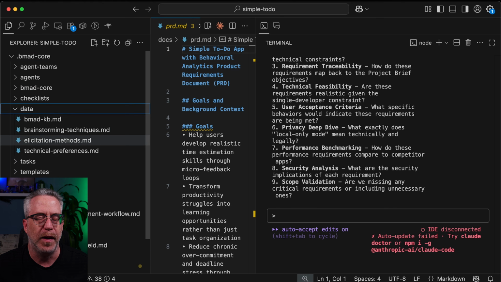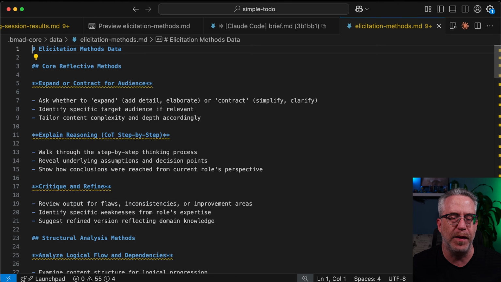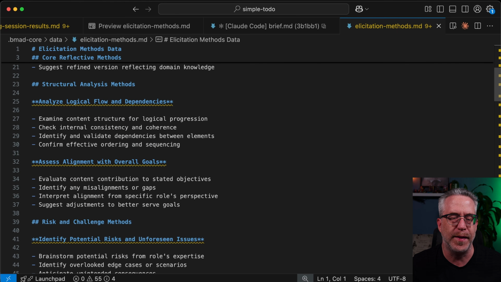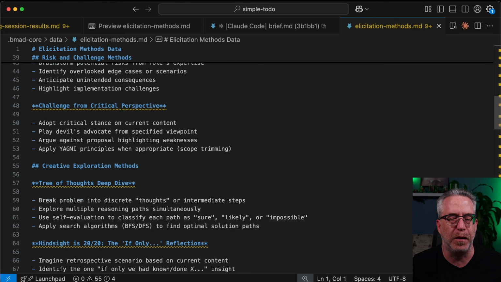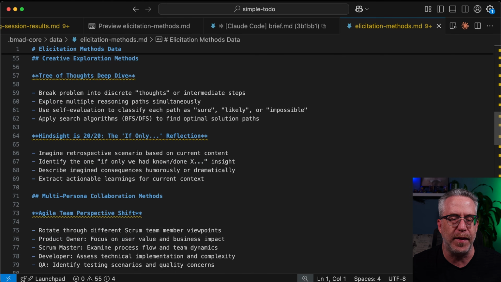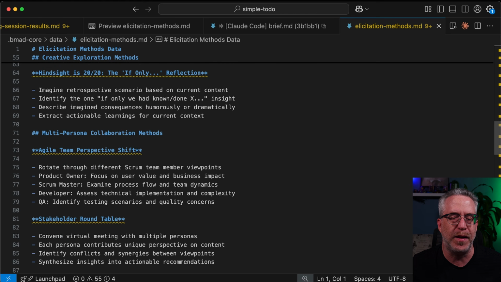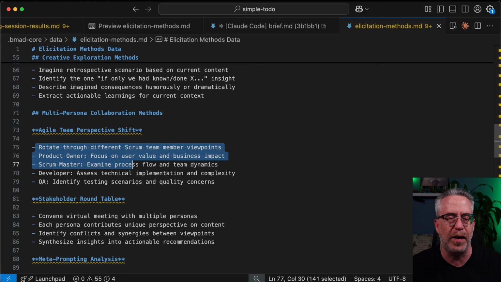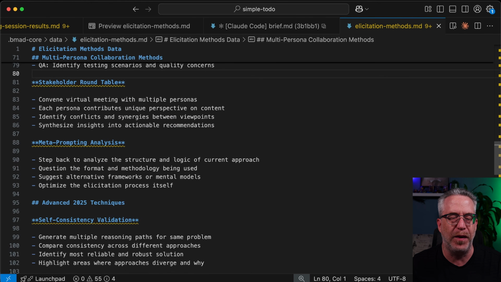We're going to go to data, and here are the elicitation methods. We can see them here. So there's explain reasoning, critique and refine, analyze logical flow, assess alignment with overall goals, identify potential risks, challenge from critical perspective, tree of thought deep dives, hindsight is 2020, the if-only brainstorm, agile team perspective shift. This will take your different agents and have them all look at it from a different perspective. It's a lot of fun. Stakeholder roundtable, meta prompting analysis. So some of these are very